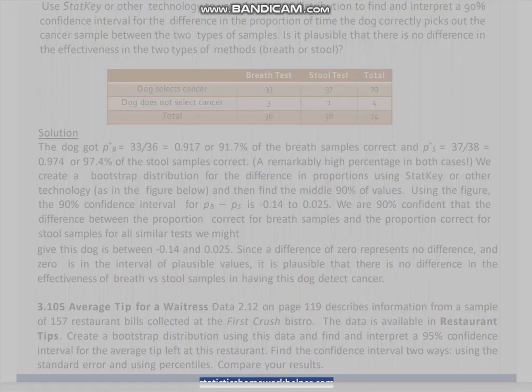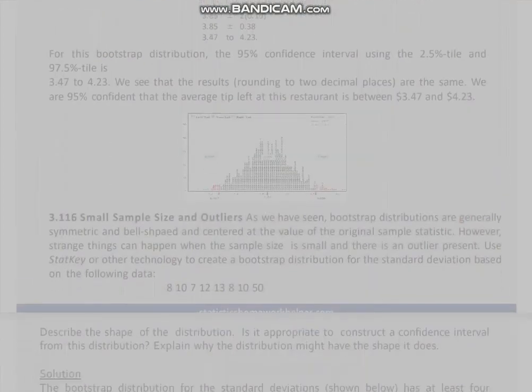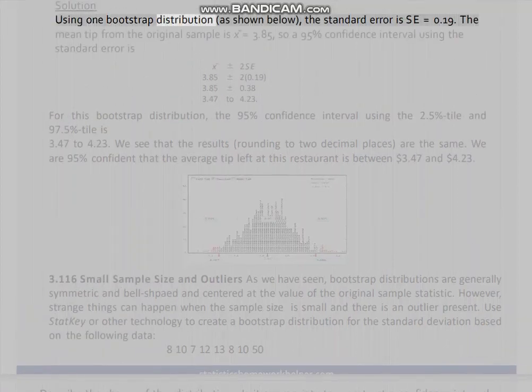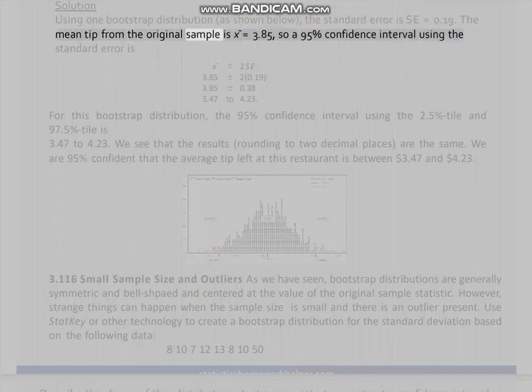x̄ plus or minus 2 SE: 3.85 plus or minus 2(0.19), 3.85 plus or minus 0.38, 3.47 to 4.23. Solution using one bootstrap distribution, as shown below, the standard error is SE equals 0.19. The mean tip from the original sample is x̄ equals 3.85, so a 95% confidence interval using the standard error is